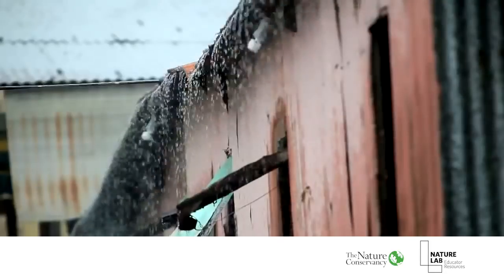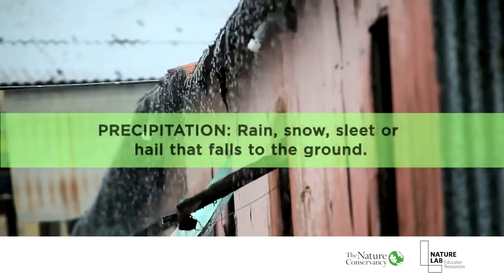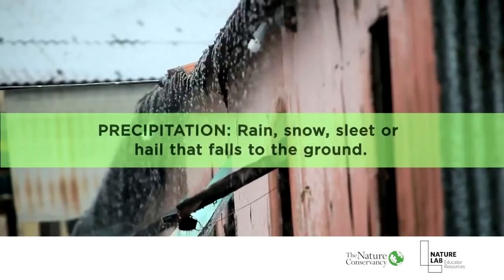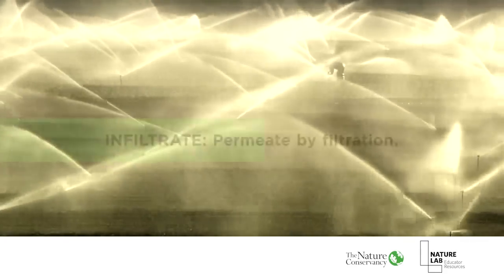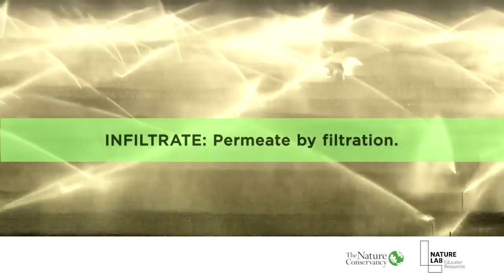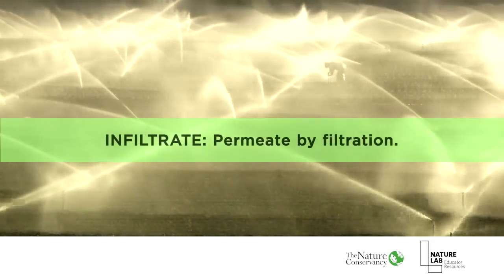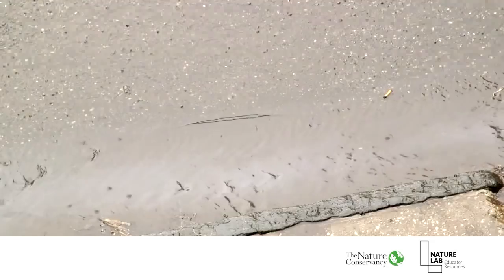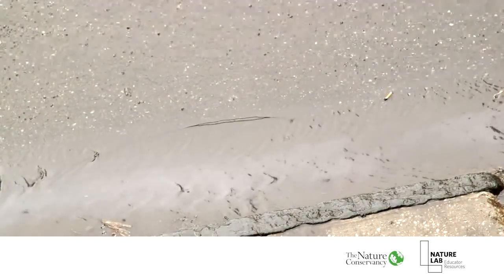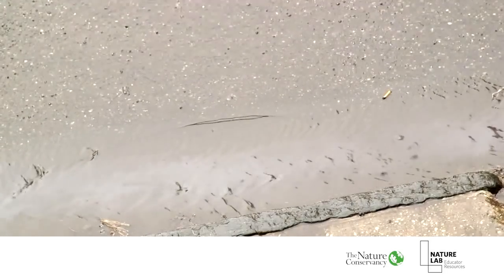Now, the second term is precipitation. Precipitation is water in the form of rain, sleet, snow, or ice. The third term is infiltrate. Infiltrate means to go inside something, like how water infiltrates dirt when it soaks into the ground. So you could say that water cannot infiltrate an impervious surface. So now let's watch this video clip where Kari conducts a simple experiment that you and your teacher can even